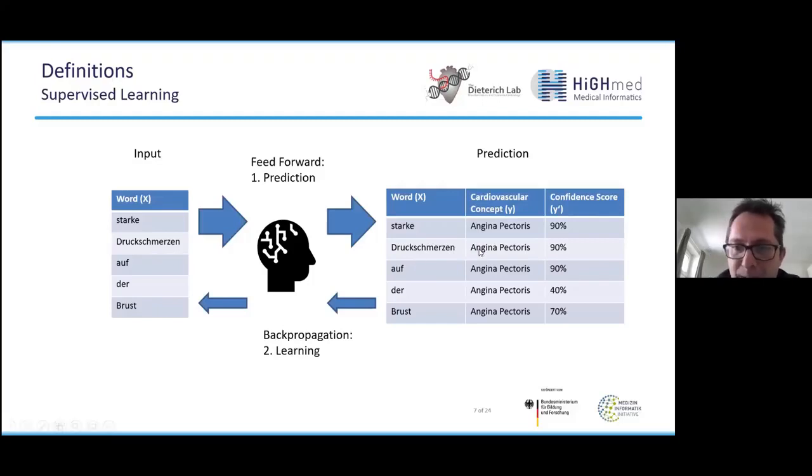And this means that these supervised machine learning methods can be applied on clinical text only if we have annotated text available. So in this case, we need a discharge letter where a clinical domain expert annotated each word with these kinds of concepts. So this is called manual annotation, and this is a critical part in any kind of deep learning training in a supervised manner.